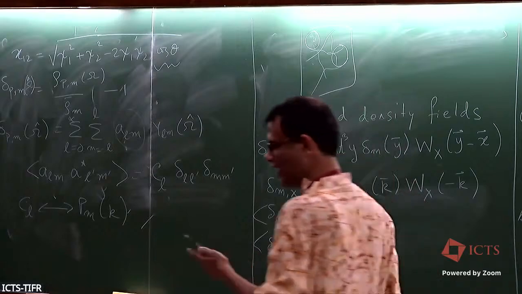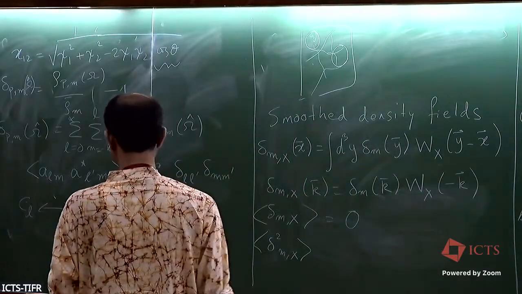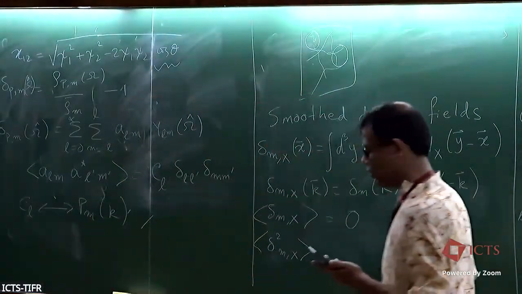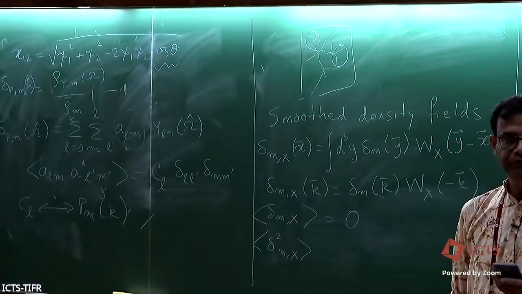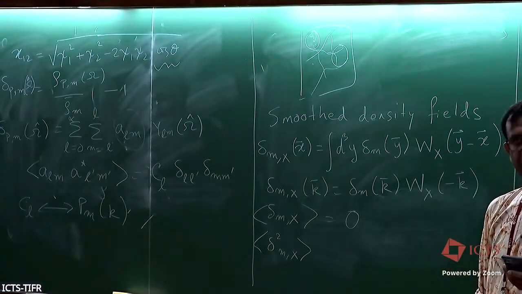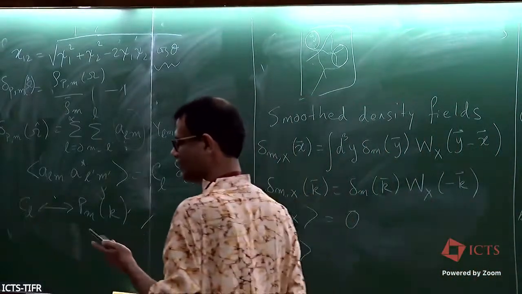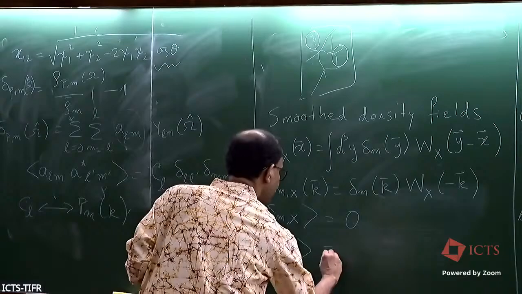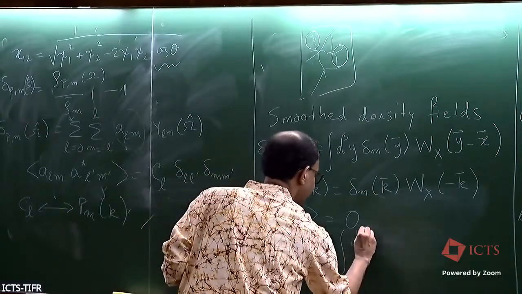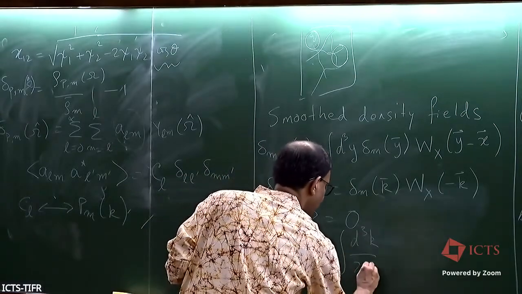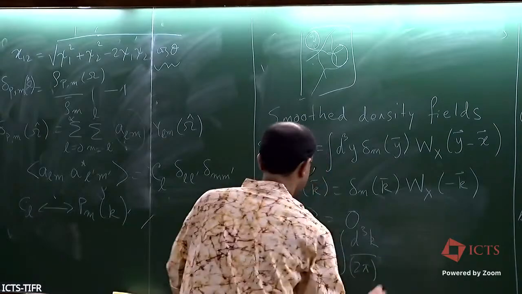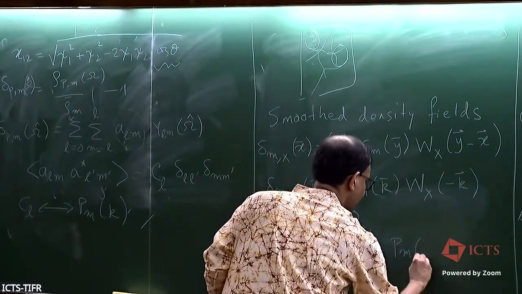So this will end up with something which has an integral over the correlation function. But that correlation function you can then transfer to Fourier space. And you can show that this will turn out to be a very interesting quantity: the integral d^3k over (2 pi)^3 of P(k)